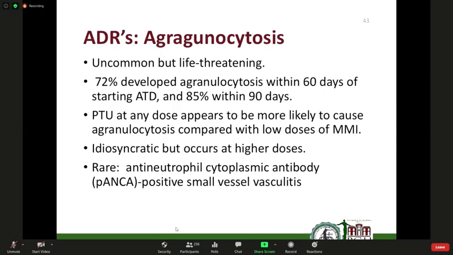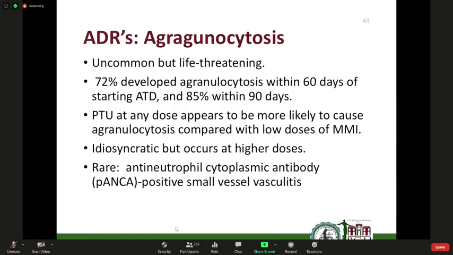Okay, the most life-threatening adverse drug reaction is agranulocytosis. So please take note, it's uncommon, but it's life-threatening. It typically develops early, within the first 2 to 3 months. And of the 2 main drugs, PTU is actually more likely to cause agranulocytosis. Unfortunately, it's an idiosyncratic reaction, and therefore it's hard to predict. But even if that were so, it tends to occur actually at higher doses. So that's what we've seen